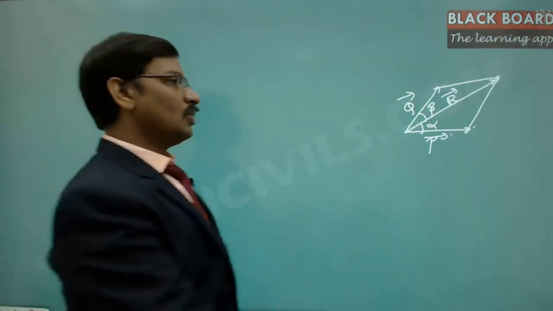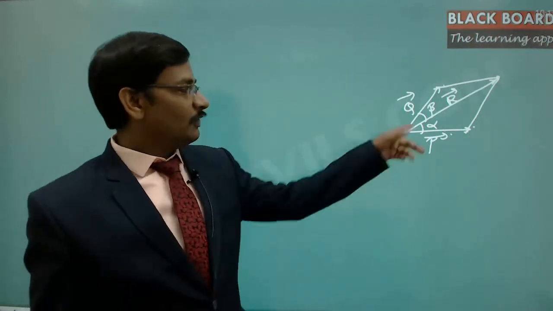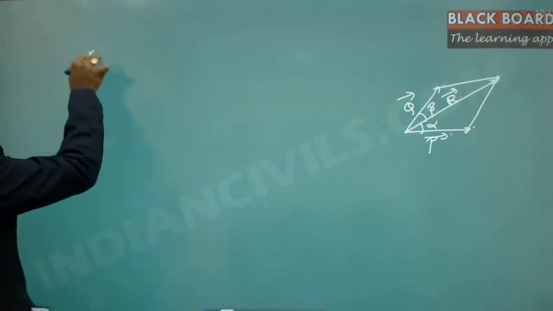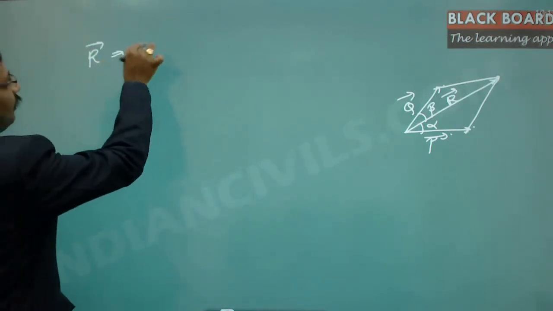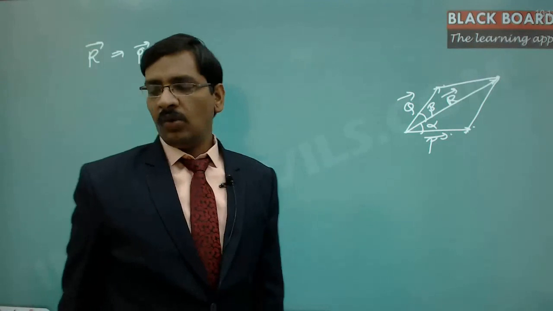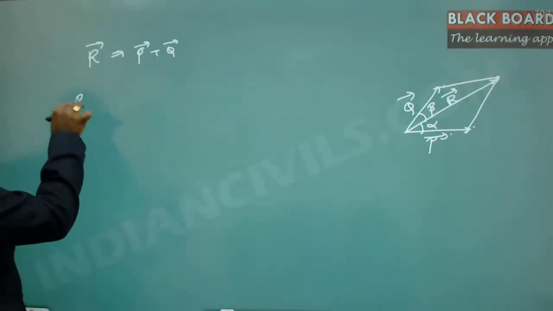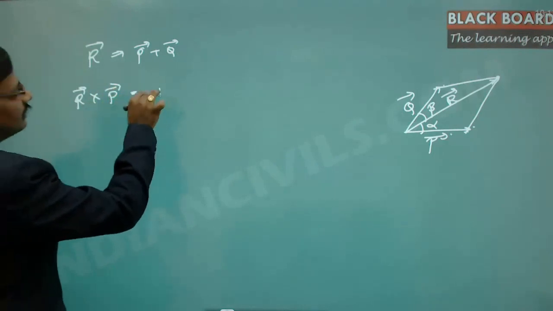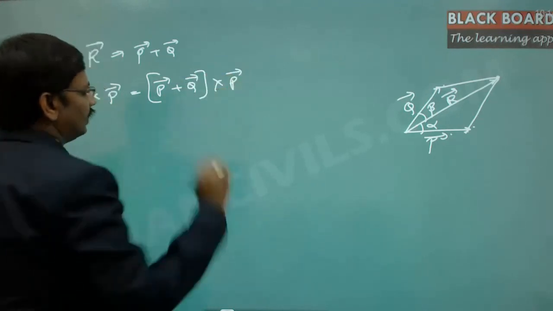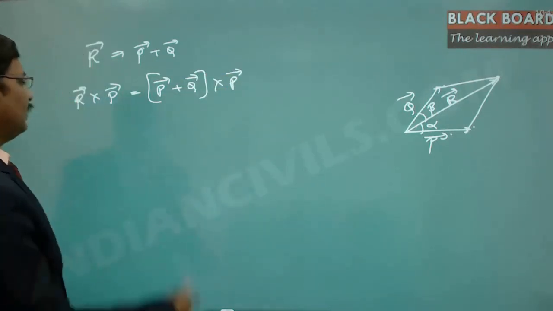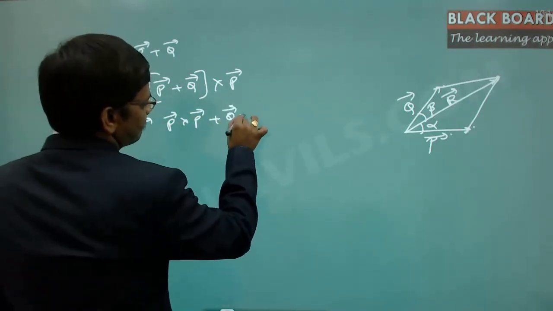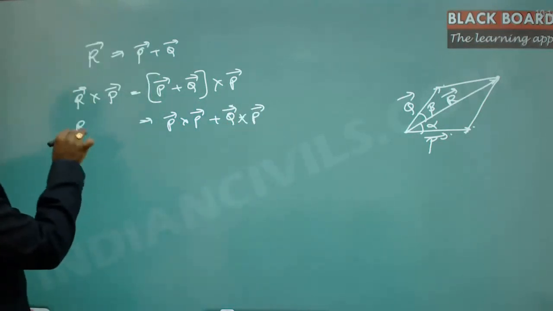So you want to identify this p and q, provided you know the angles alpha and beta. So here what we can do is, r is equal to, you know that it has to give the result of p and q. So if we add these two vectors together, it should give the result of r. Now I will take the cross product r cross p. If I take on either side p plus q, so I have done a cross product with p on either side, then the right side can be p cross p plus q cross p, and this is r cross p.